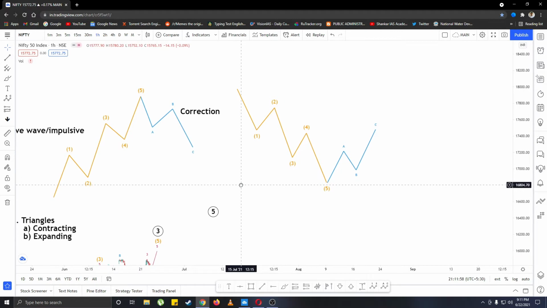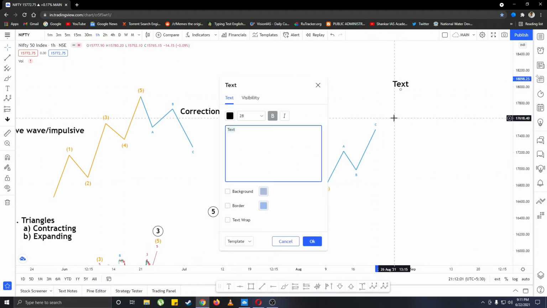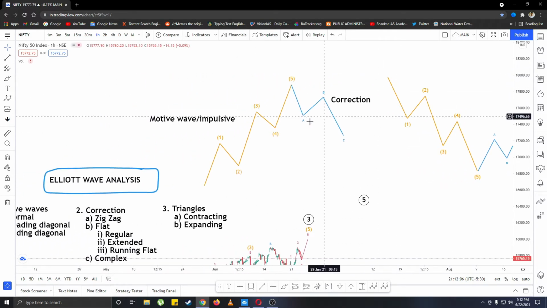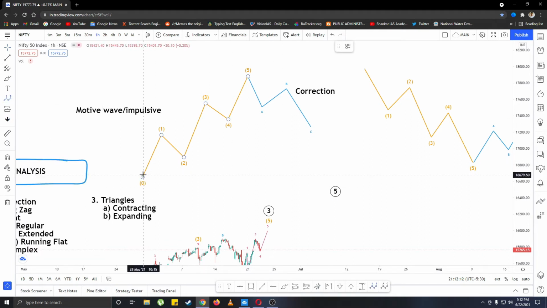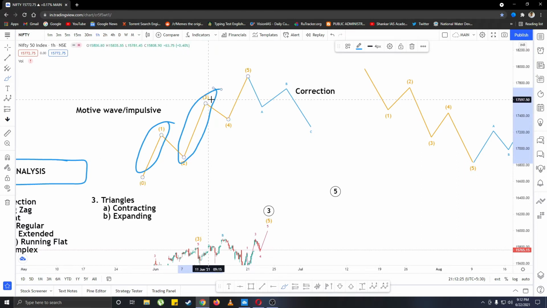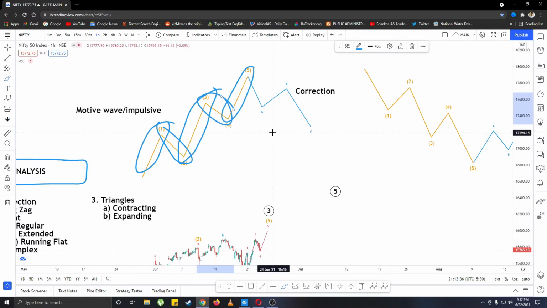Now we will talk about the 3 basic rules of Elliott wave. Before going into that, within this one we can have a further 5-wave move up, which is 1, 2, 3, 4 and 5. In this 5-wave move up, the first wave, the third wave and the fifth wave are impulsive moves because they are moving in the direction of the trend, and wave 2 and wave 4 are called corrective waves.